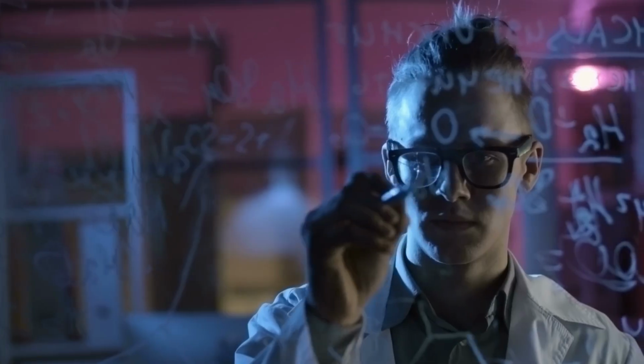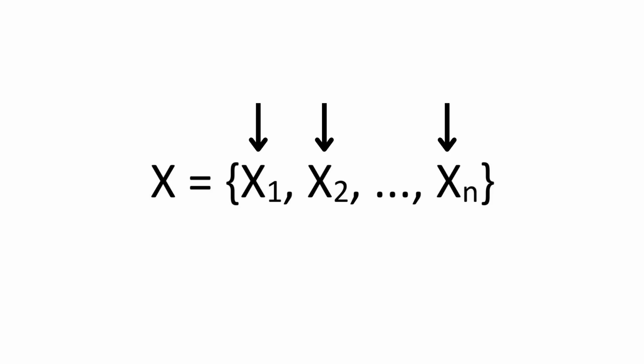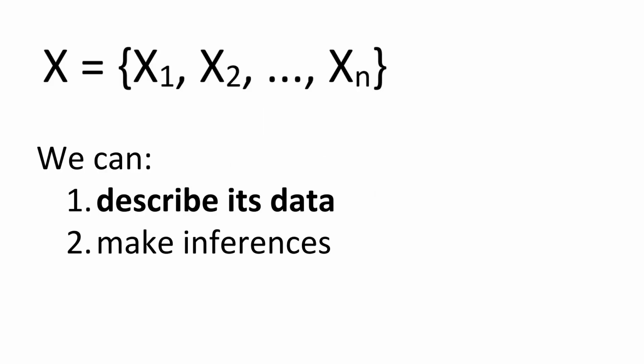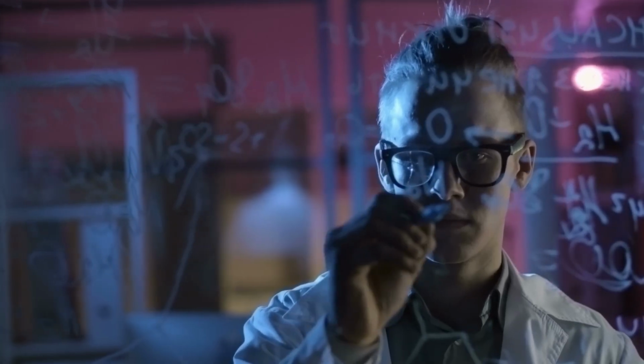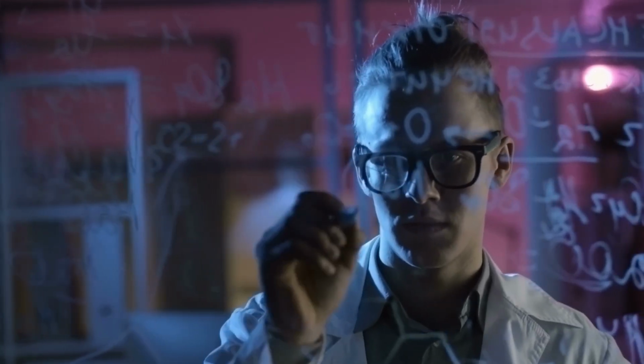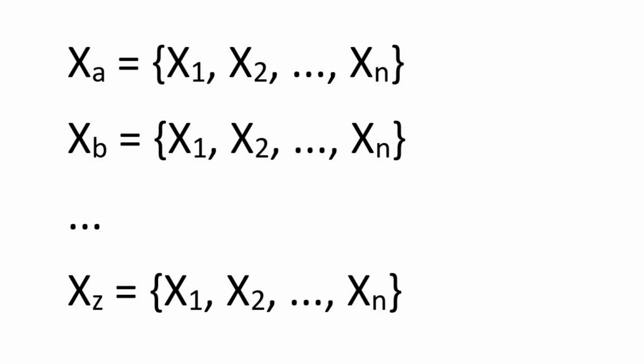Welcome. When we start in univariate statistics, we work with one vector, where each xi is a scalar value. We can describe its data with its measures and make inferences from its statistics to the population parameters. Here, in multivariate statistics, which is what we mostly work with in real life, we now work with multiple vectors